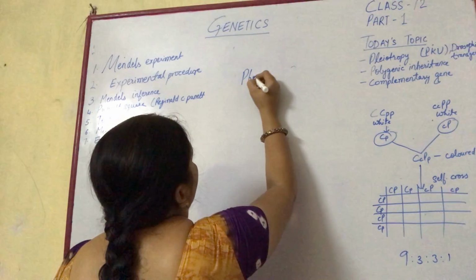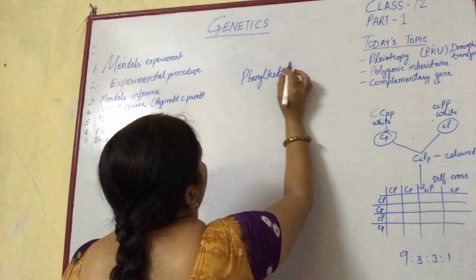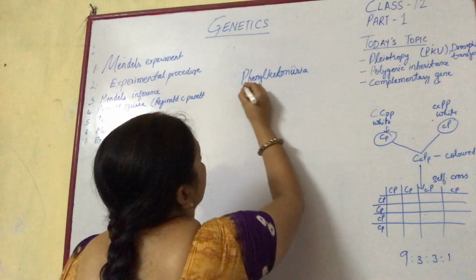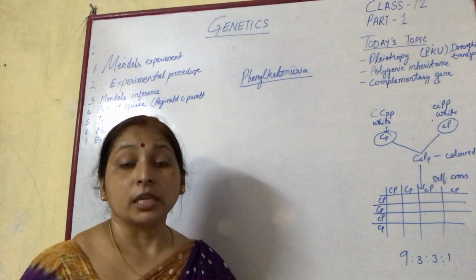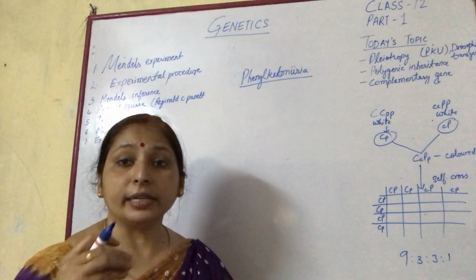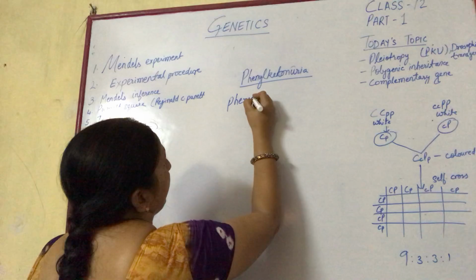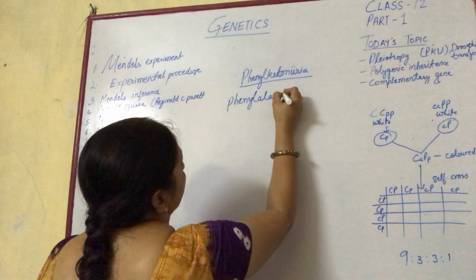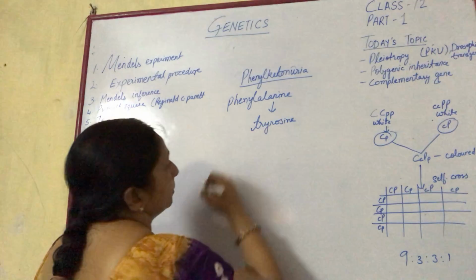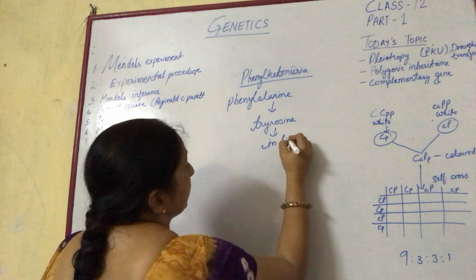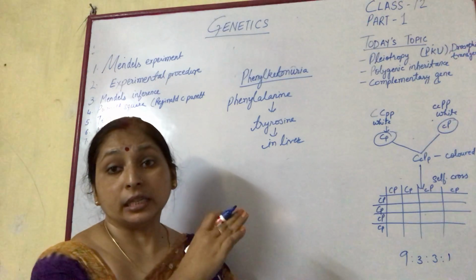phenylketonuria. This is a phenotypic defect. This defect is due to the lack of an enzyme which is responsible for the conversion of phenylalanine into tyrosine inside the liver. In the liver, the absence of this enzyme results in a lack of conversion of phenylalanine to tyrosine,